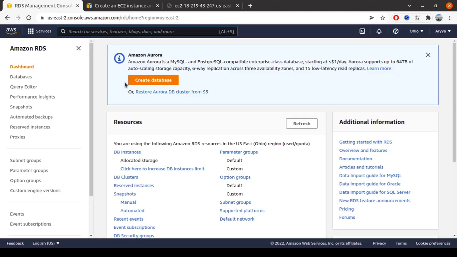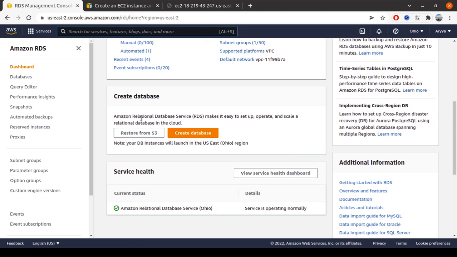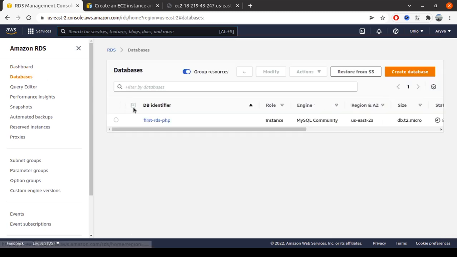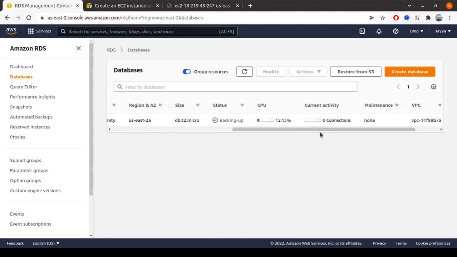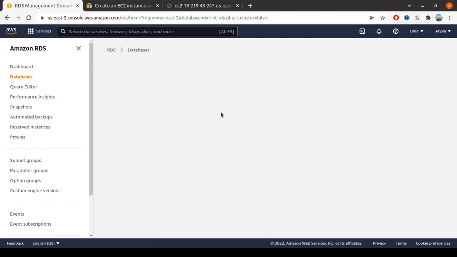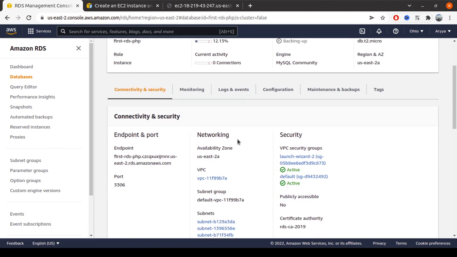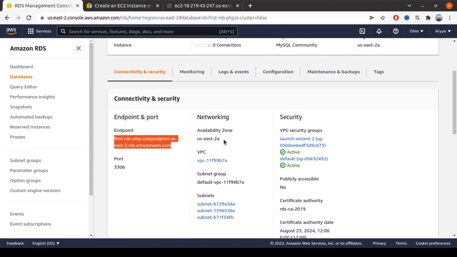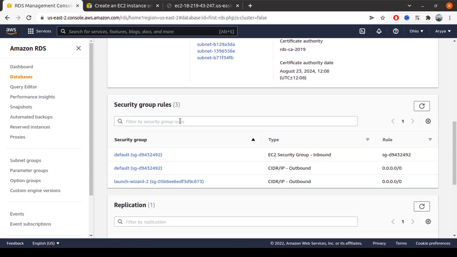At least I need to get the information about the database name. Let's see the endpoint. Okay, so this is the endpoint, right? The first RDS PHP. I will make sure that it can be configured.